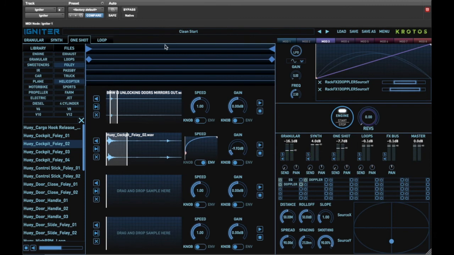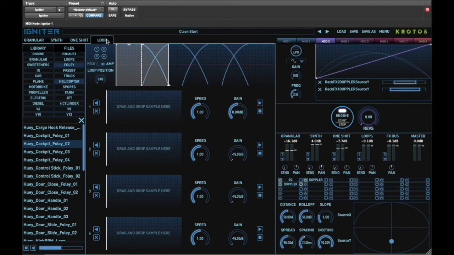There we go. So our one shot is acting as our lock and unlock mechanism for our robot. Last section we need to go to is the loop section. Now I tend to use the loop section in cars when I'm adding in like tire grit or suspension bumps, something that I kind of want as a constant throughout, but maybe like a little rattle or something, or even an extra engine sound. The loop section has 4 different sections that it can crossfade between as it goes across